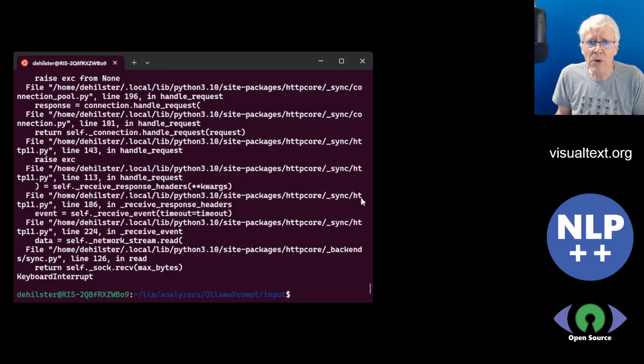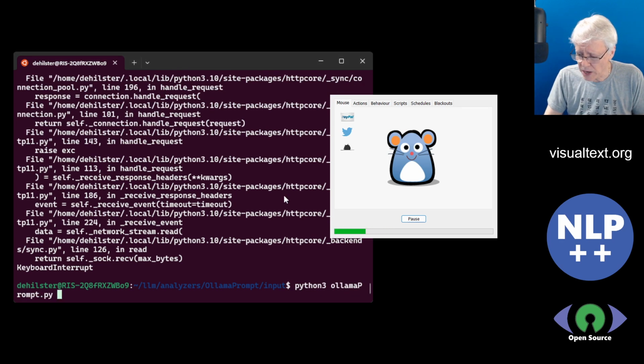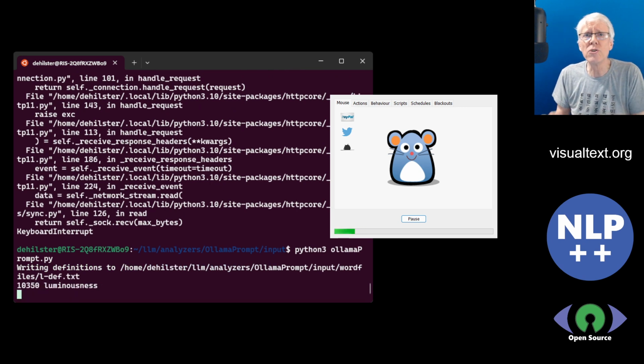So we're going to take a look at the program running here, and we're going to bring up this little cute program called Mouse Move. What it does is every few seconds it moves the mouse a little bit, and it keeps my computer alive, because I'm doing this all on my local computer. I have a ChatGPT-like Ollama Facebook model running on my computer right now. We're going to ask it, and we're going to run that right now, and it's going to look at all those words in the L word list, and it's on